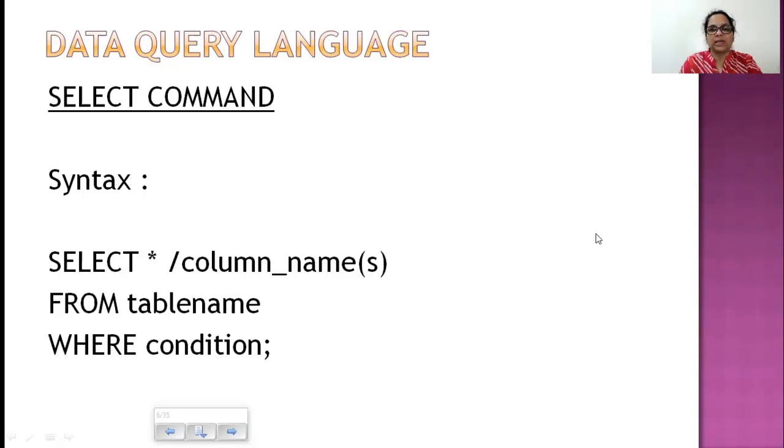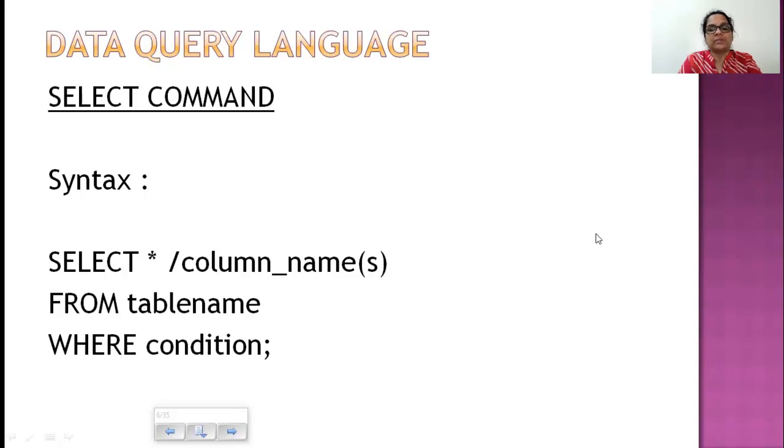Now, what do you mean by columns? We already learned that data is stored in rows and columns. That means data is stored in a table in an RDBMS, and SQL is a language that helps us work on an RDBMS. So when you write star, it would mean all the columns of the table. And when you write column names, it means the specific columns of the table that you wish to see. From where? From the table that you're talking about.